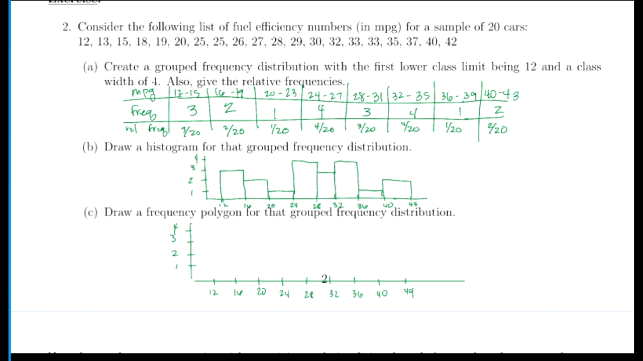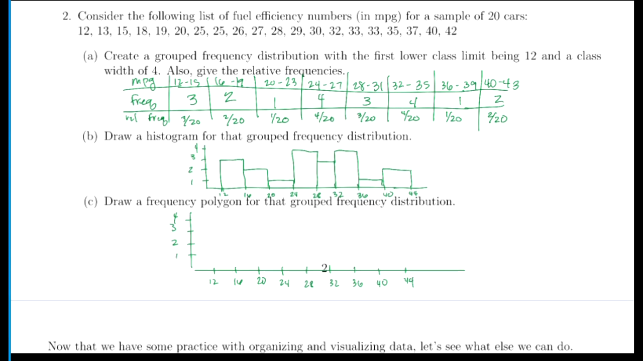Okay, and then for the frequency polygon, what you're going to do is a very similar thing, but put the,